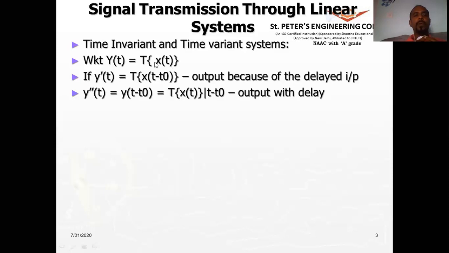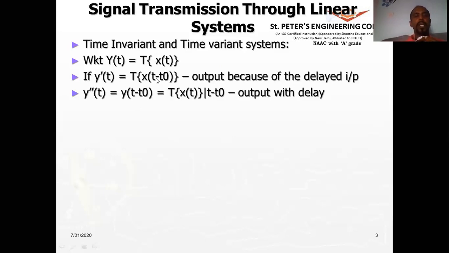So it can perform on the amplitude of the signal or it can perform on the t variable. So you have to see what operation is being performed. Suppose we say we are doing differentiation. That means it is differentiating with respect to the independent variable t. If we are integrating, we are integrating with respect to the independent variable t. If you are multiplying by 2, that means we are touching only the amplitude of the signal and not the independent variable t of the signal. All right, so you should understand what operation T is doing. Okay, let us come back here.